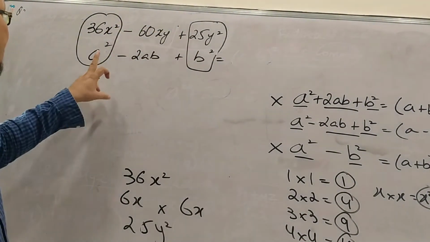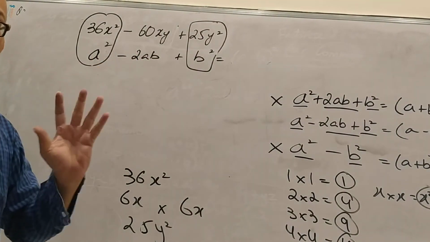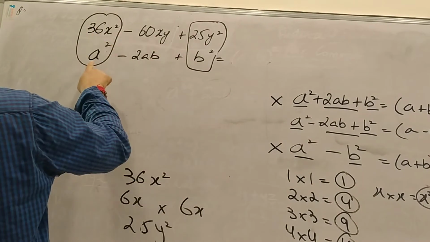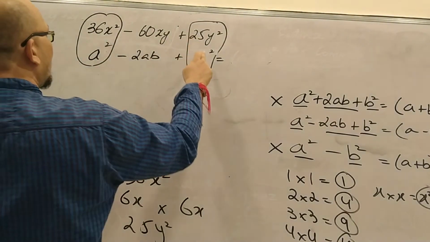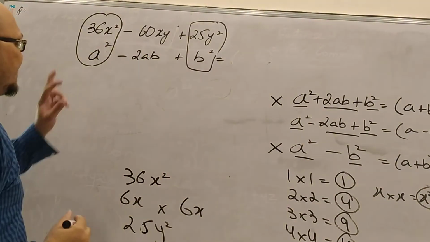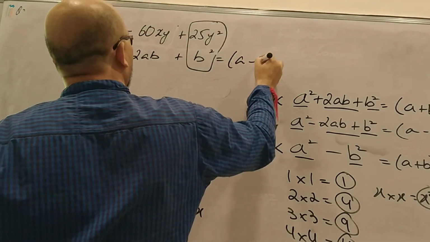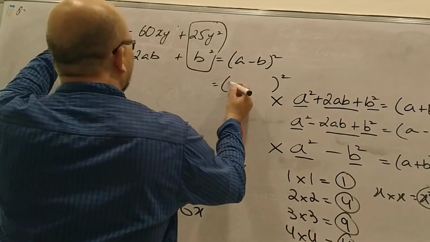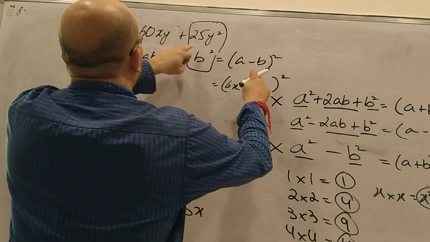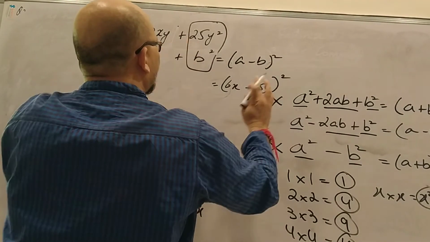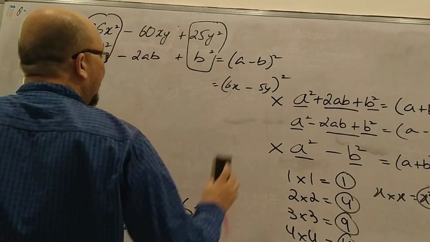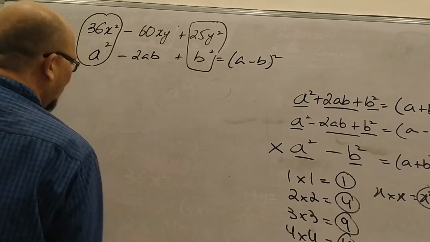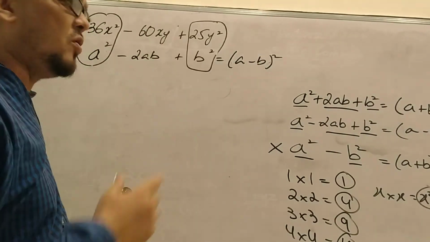Okay, so it is necessary that the first term and last term must be perfect square numbers. Why perfect square numbers? Because the square root of a square will give us a, the square root of b square will give us b. So guys, teachers directly apply the answer a minus b whole square. Teachers directly do it like this. Look here, what is the square root of 36x square? 6x. What is the square root of 25y square? 5y. Guys, please do not do this directly. We are in the preparatory section, we are doing preparation. So guys, you have to show all the steps. Okay, in grade 9 and 10 you can do it directly, no issues.